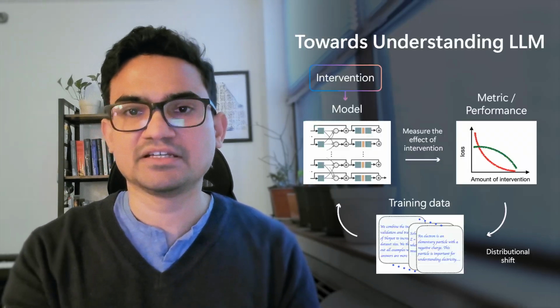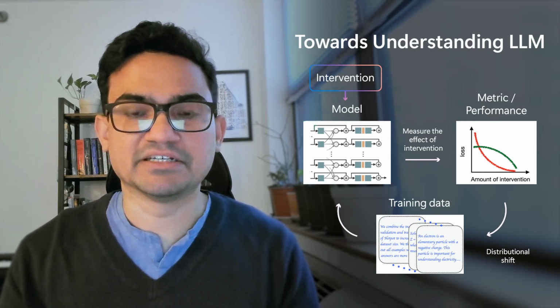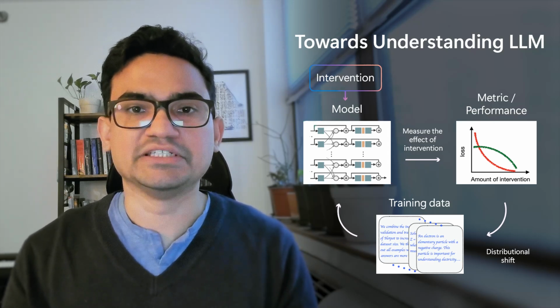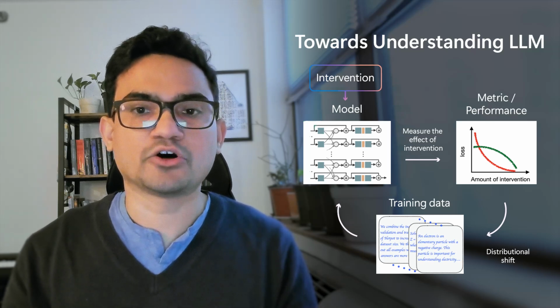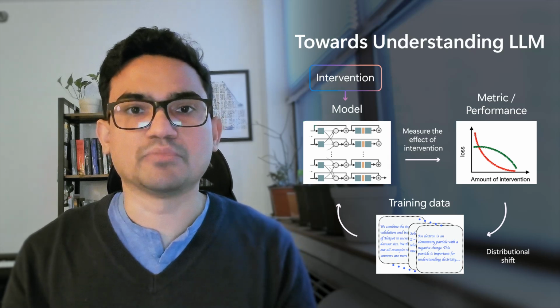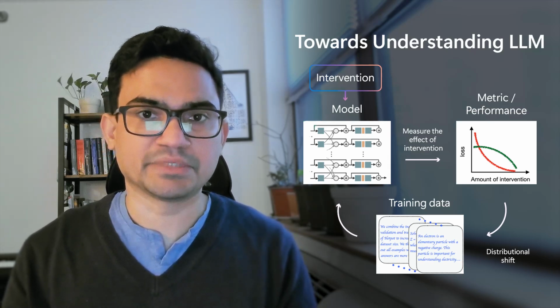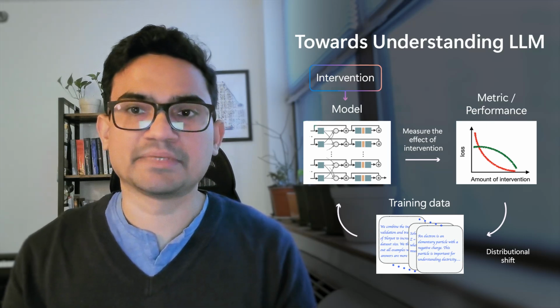Large language models, or LLMs, have revolutionized machine learning, and yet there is so little we know about how they work. In summary, an LLM is trained on lots of data, often collected from the internet, and uses a model architecture, typically a transformer, to train the model, and they work remarkably well across a range